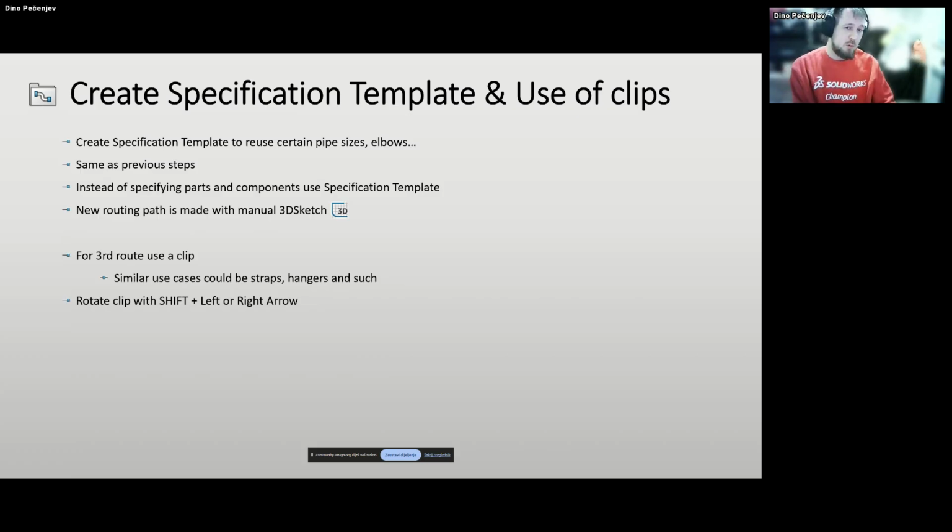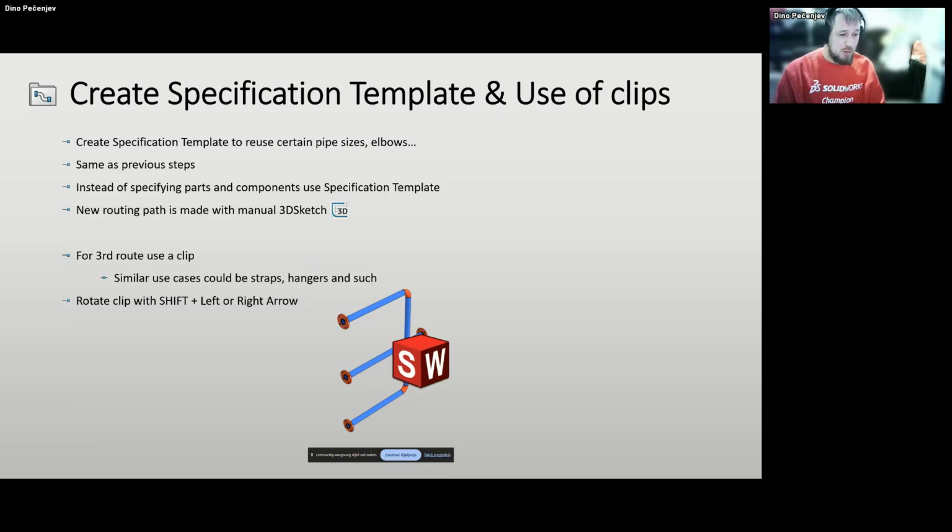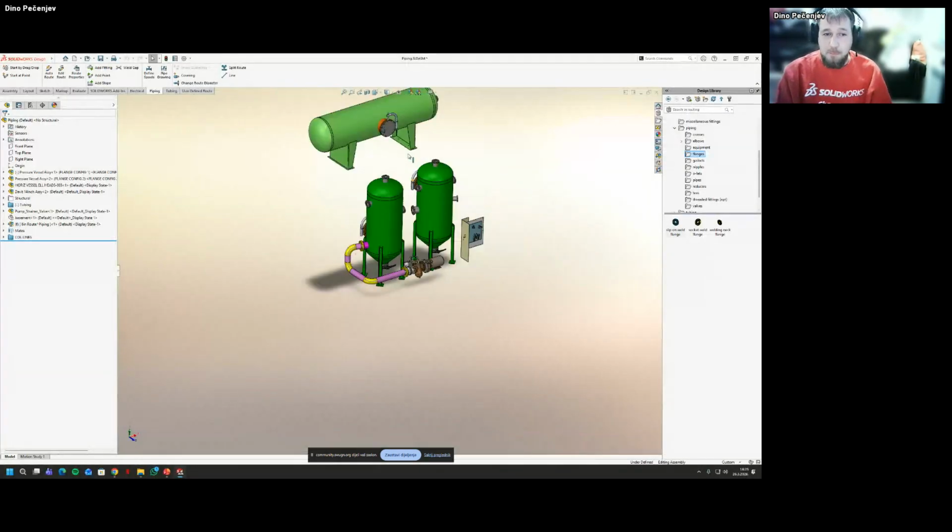We're going to create a new route with a 3D sketch. Also, for the third route, we're going to use this specification, and we're going to use a clip. So, moving on to the third part of the demo.